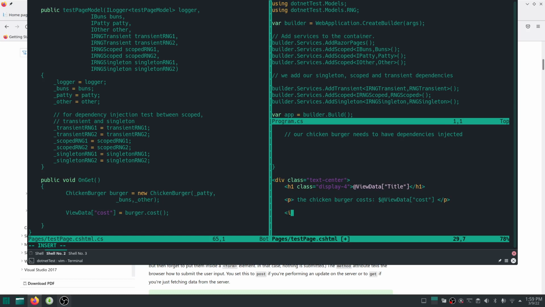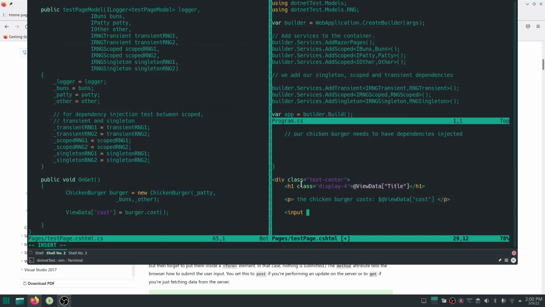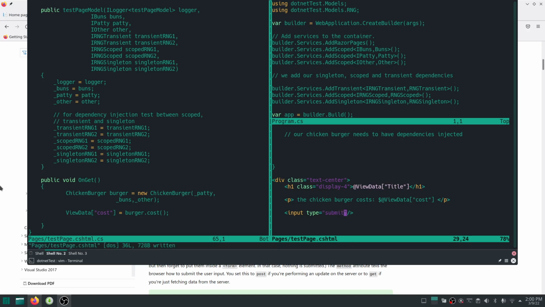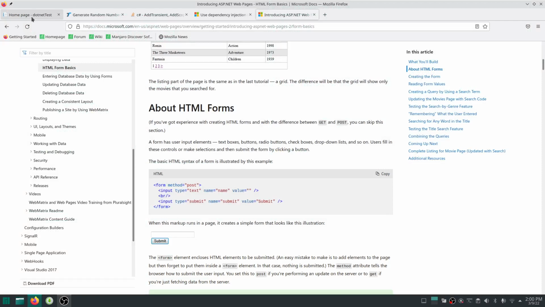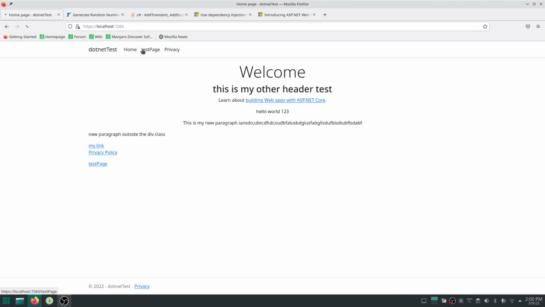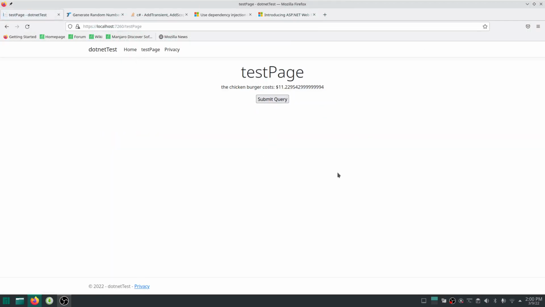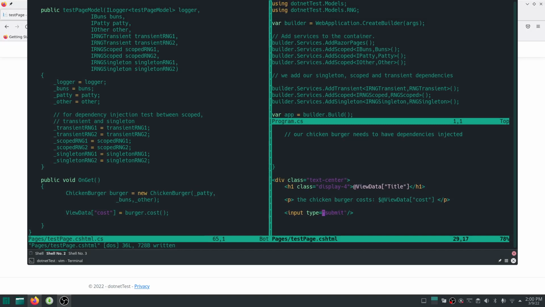Okay, input. How do you put the input? You need a slash and a right angular arrow. So this is HTML. Type equals submit. Okay, and what will we have? We will have a submit form right here, submit query, and then I'll change the value to, or rather let me